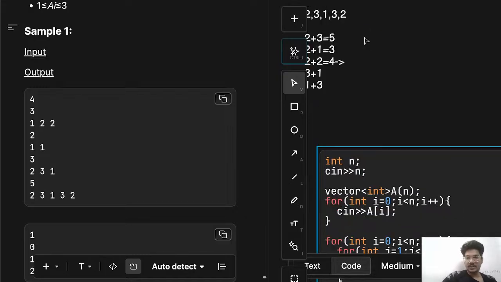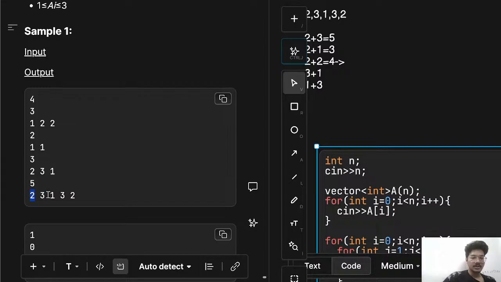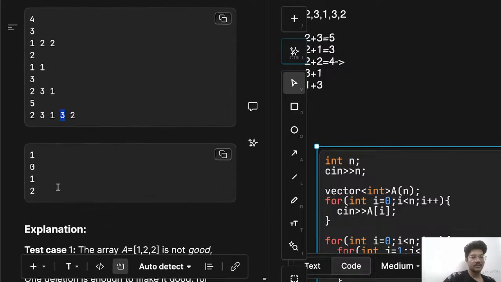My approach is that whenever we see this type of thing, we increment the count. If we see this subarray 1, this 2, this 3, this is not the real approach. What we have to do,